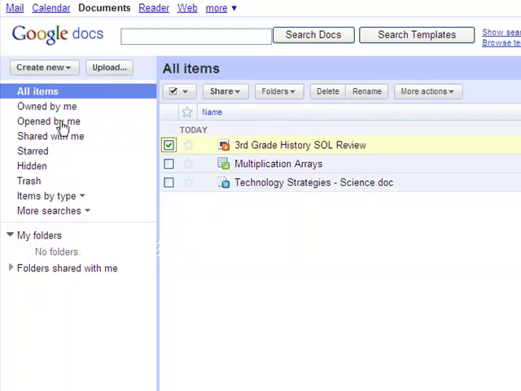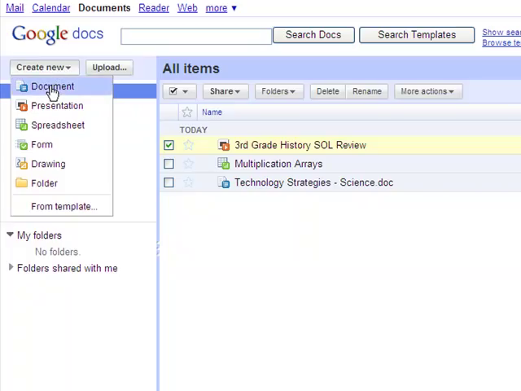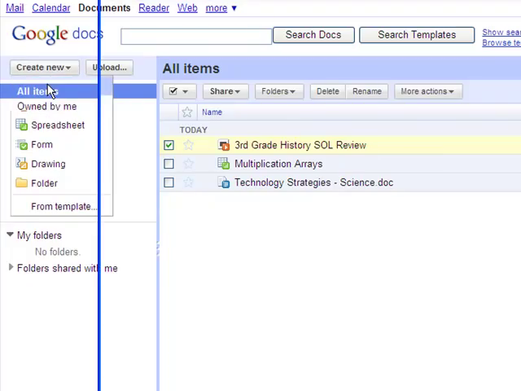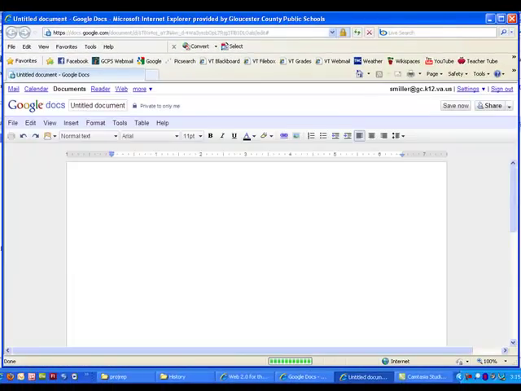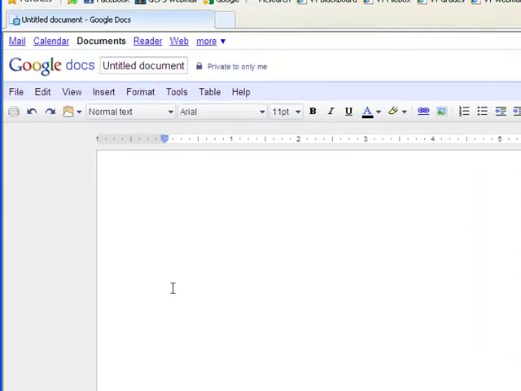Alright, the first thing that we're going to do is create a new Word document. I'm going to click on that button over here on the left-hand panel. Your new document opens in a new window, and you'll notice that you have a lot of the same tools that you would see in most word processing programs, as well as the menu items up here at the top. I'm going to go ahead and type